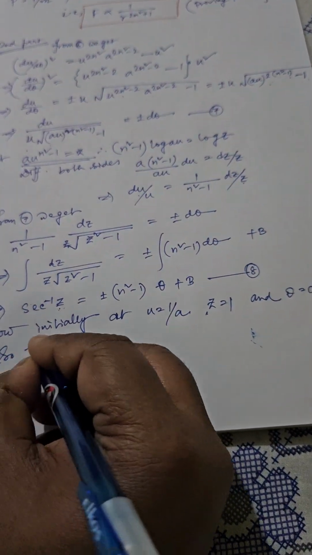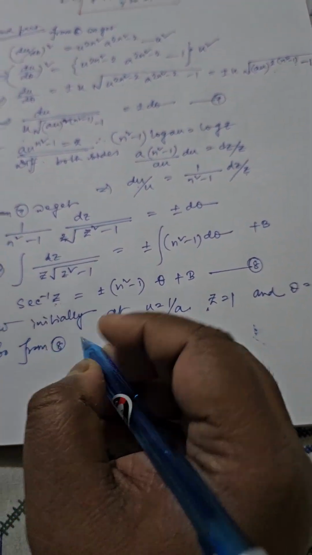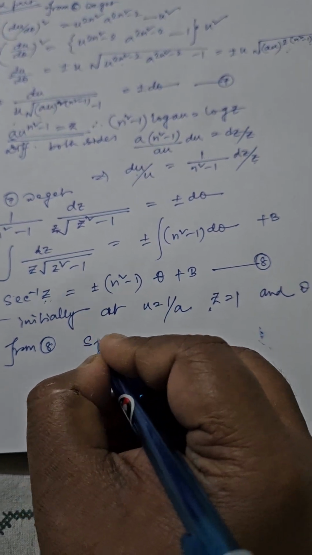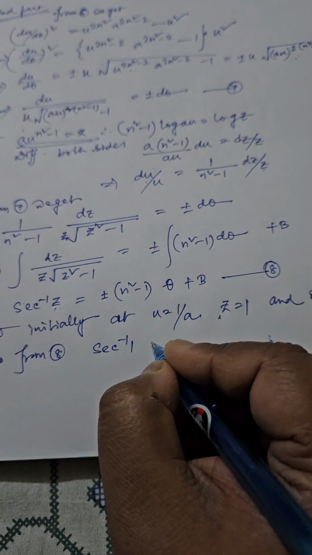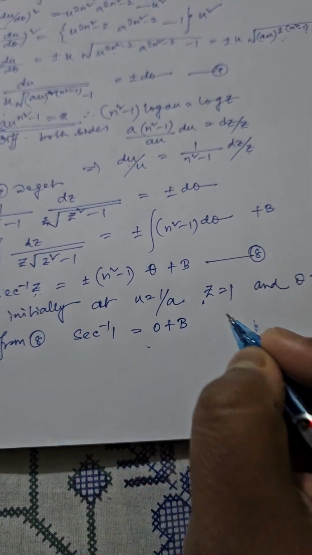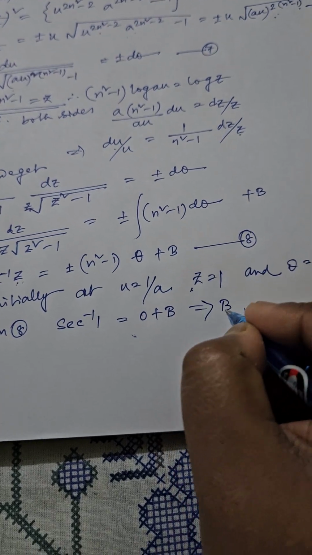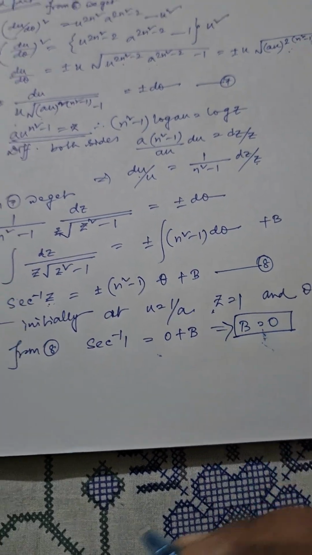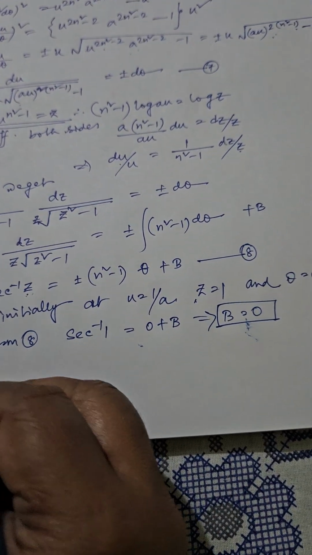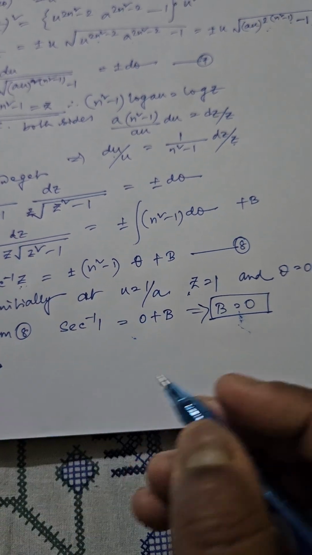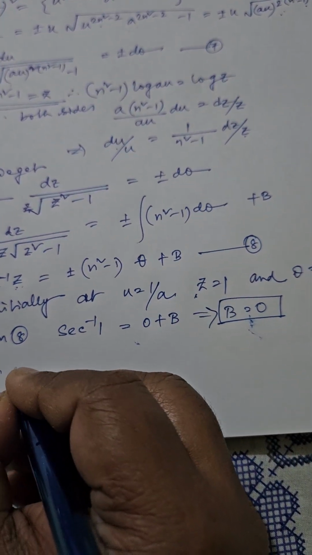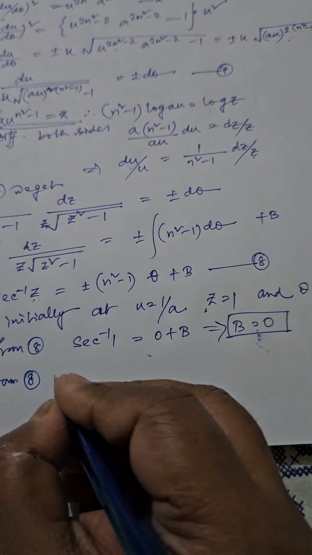So from 8, sec inverse 1 should be equal to 0 plus b. That means b should be equal to 0. So from 8 we get